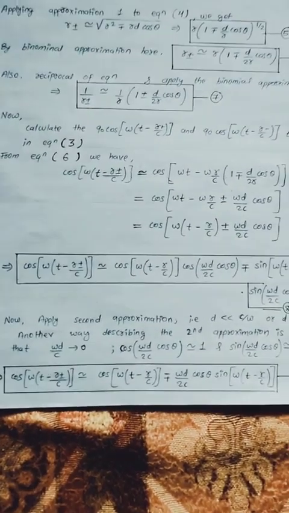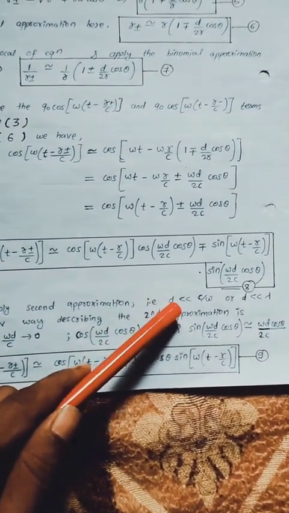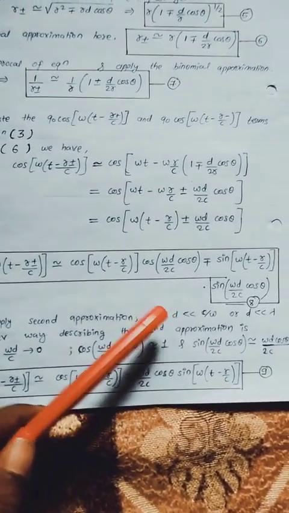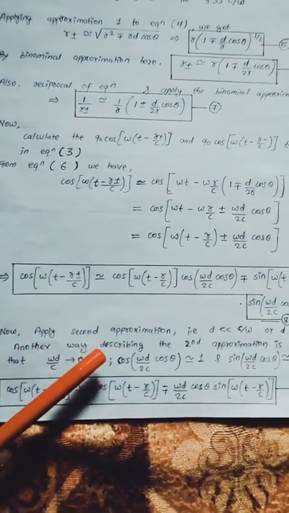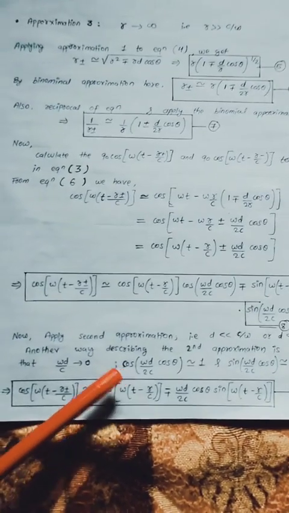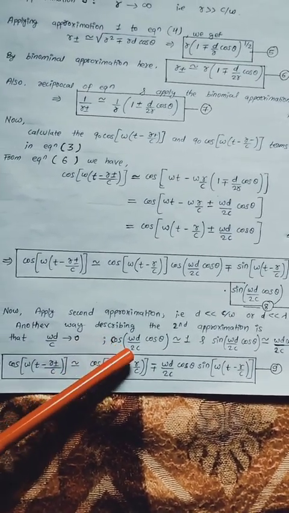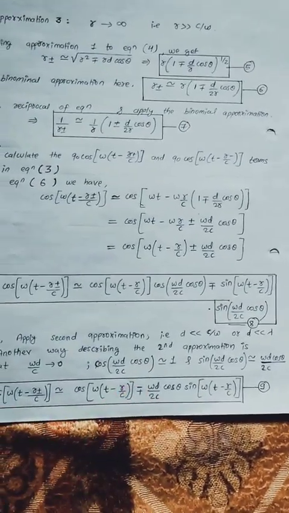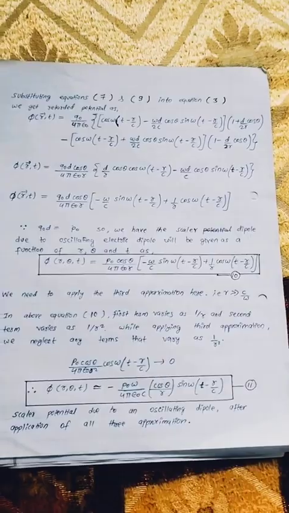Now apply the second approximation, that is d is very much less than the emitting wavelength, where d is the length of the dipole and lambda is the emitting wavelength. Another way to describe the second approximation is omega d by c equal to 0. In other words, cos of omega d by 2c cos theta equal to 1. Now substituting equation 7 and 9,